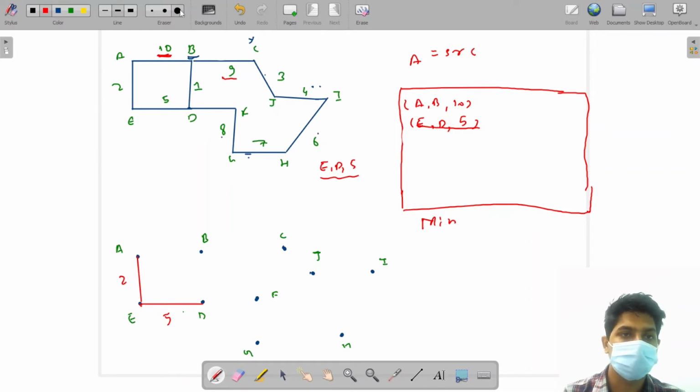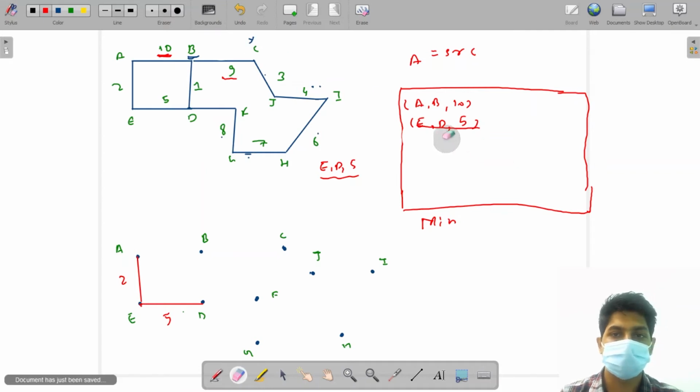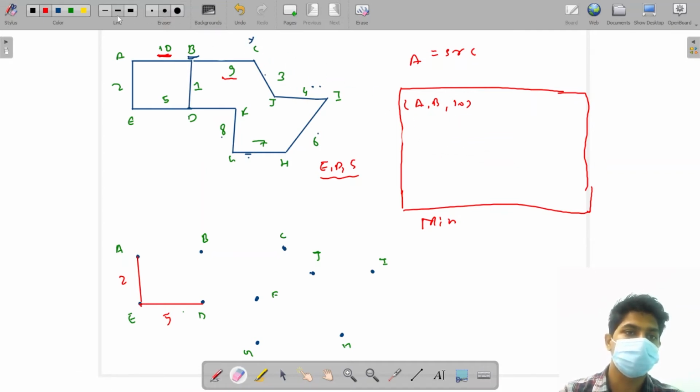Now what we have to do is add the neighbors of D. But before adding the neighbors of D, let's remove this particular one. What are the neighbors of D? Neighbors of D are B and F. So let's write that. From D to B, what is the cost? From D to B, the cost is 1 unit, and another edge is from D to F. The cost is, I have not written the cost over here. Let's write some random cost 2. For now, let's take it as 2. So from D to F, the cost will be 2.